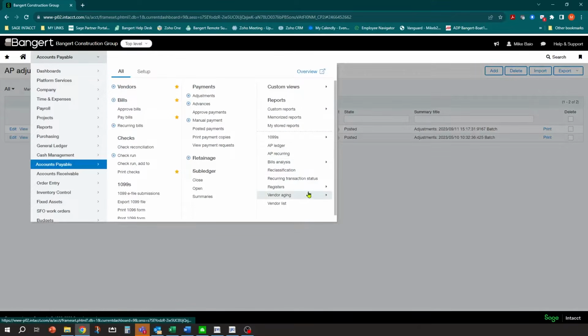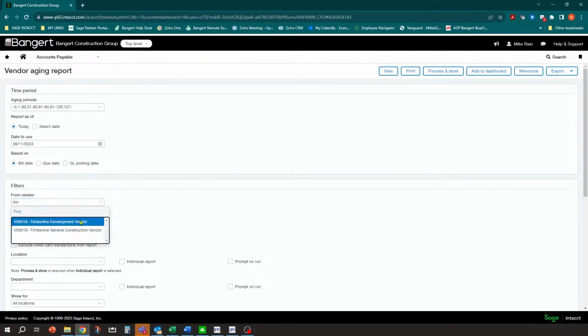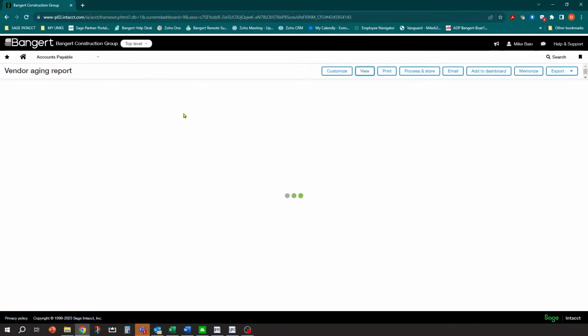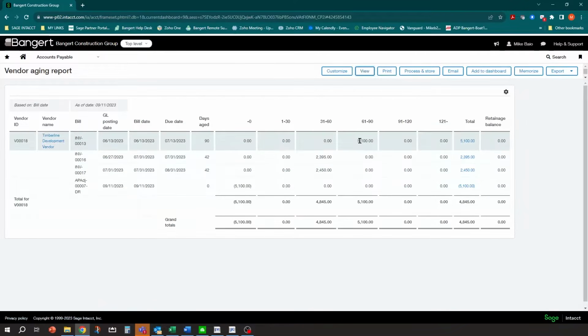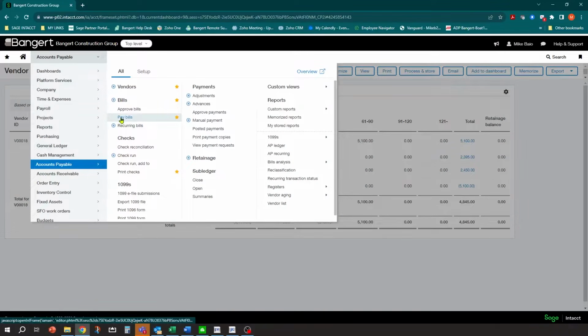If I run an aging, so let's go ahead and run an aging, and I'll just select that vendor. And we'll do a view here. You'll notice you have the 5100 invoice in there, and then you have the adjustment showing. Okay, so it's a zero net balance on those two transactions, but if you don't apply them to each other, they will show on this aging forever and ever. So the last step, and you could do this while you're doing a check run, or you can just do it now if it's a full invoice.